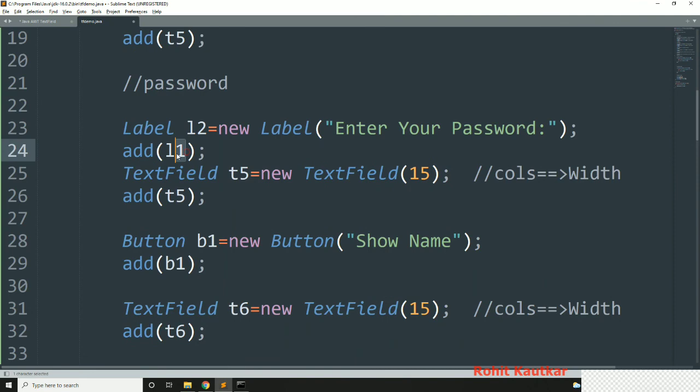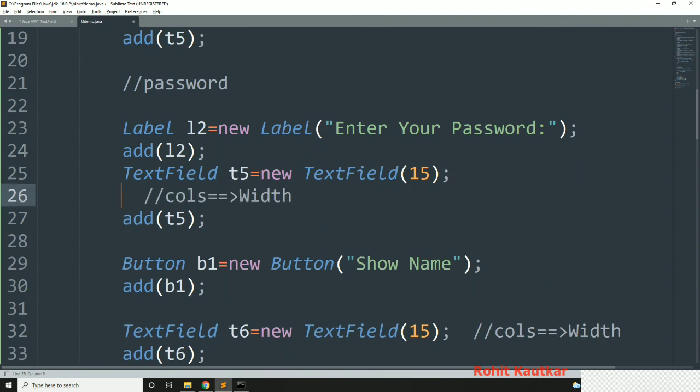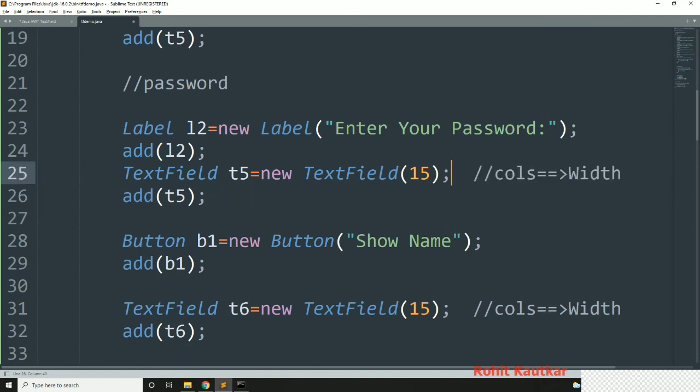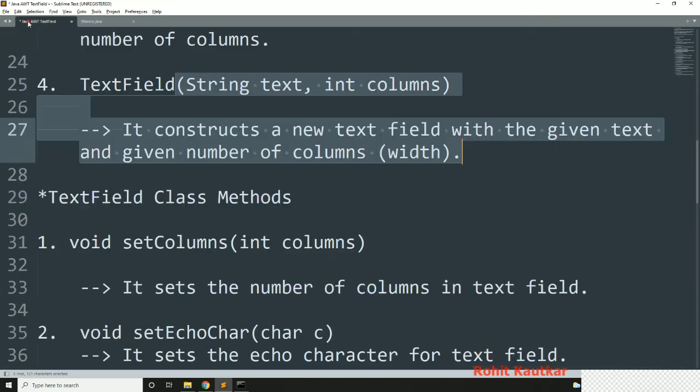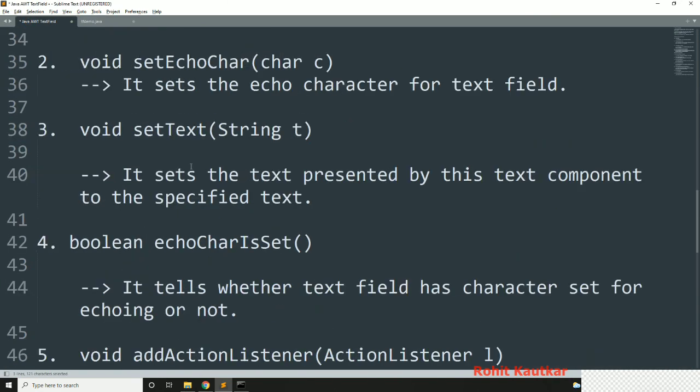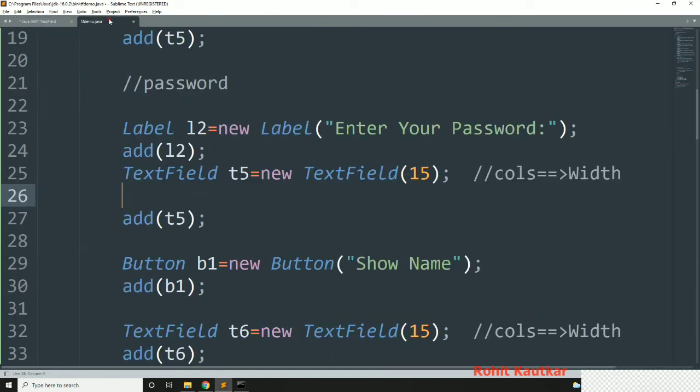This will be L2. And now here I want to display, let's say, an asterisk sign. Whenever the user types a password, what do we want to display? An asterisk sign like this. So for this we will set the echo char. Let's see this method. See here, this is the method setEchoChar, and it requires a character as a parameter.